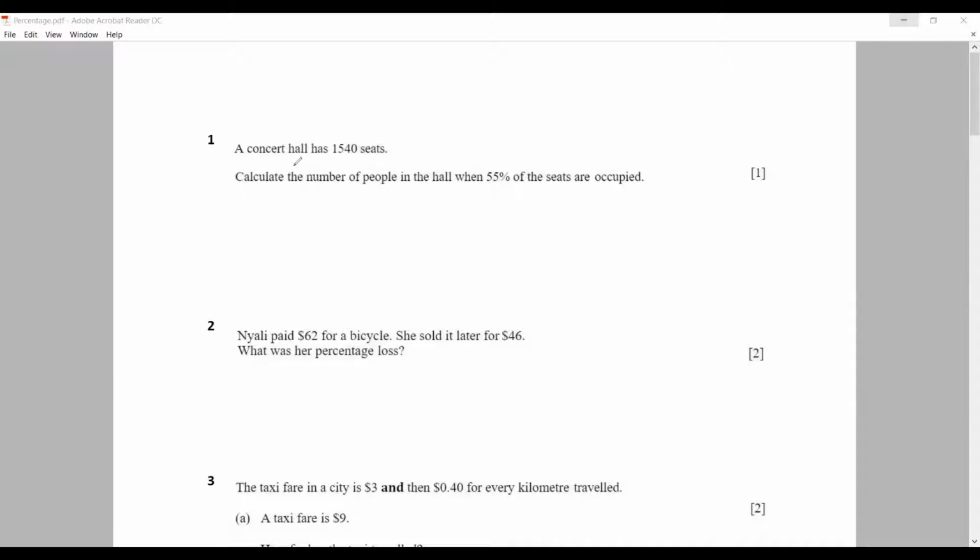Question number one. A concert hall has 1,540 seats. Calculate the number of people in the hall when 50% of the seats are occupied. Assuming that on each seat one person sits, we just have to multiply the percentage by the total number of seats. That is 55% times